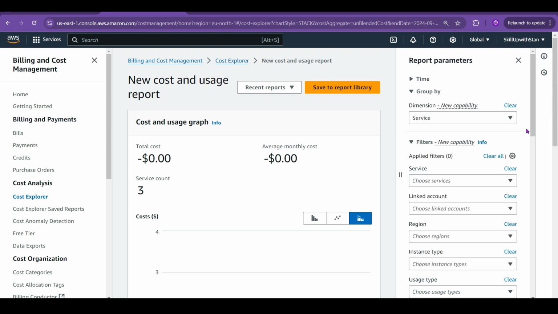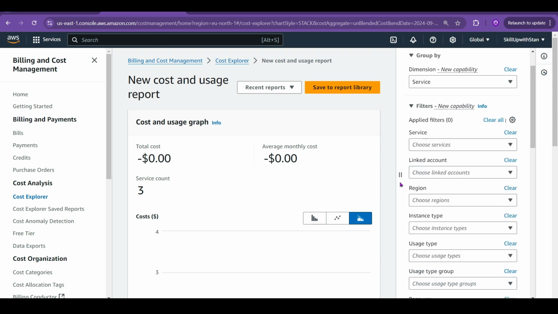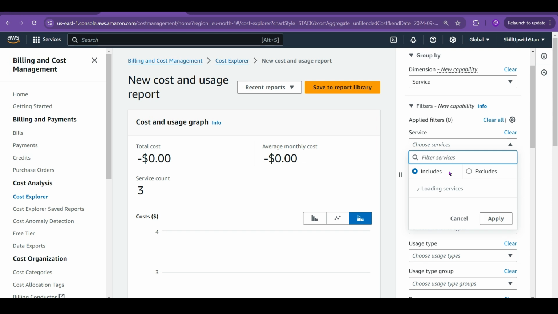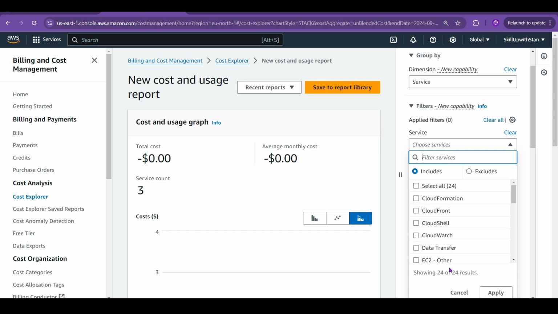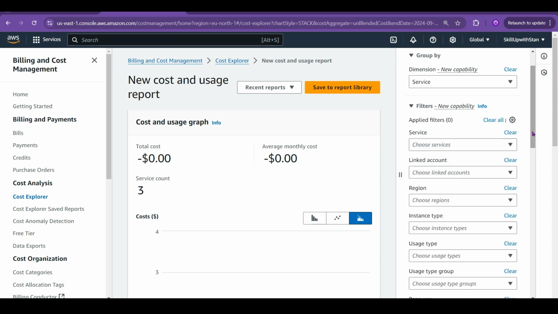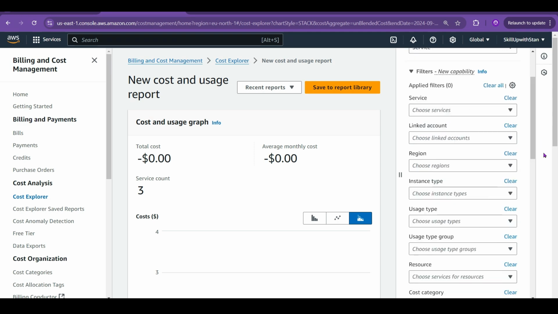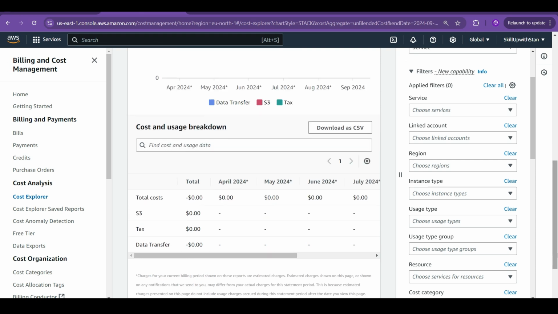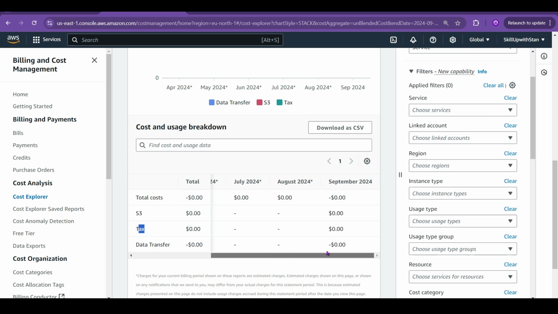So I can go as per the service, and here I can also select whether I want to get specific services or show the report across all the services. So I can just say apply based on the filters that I have selected, and at the bottom you can see where exactly the spend is coming from. So you can see S3, the taxes for that,